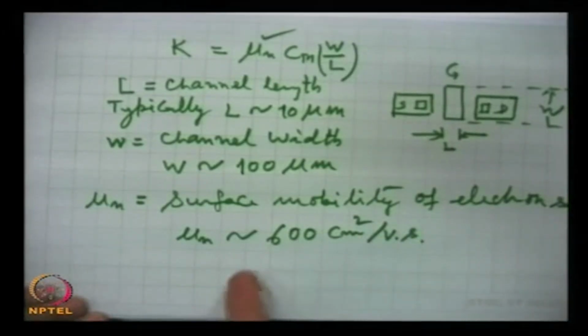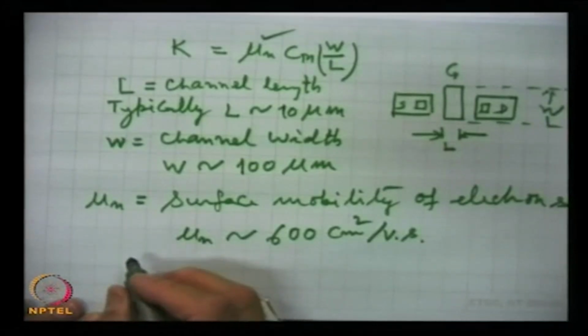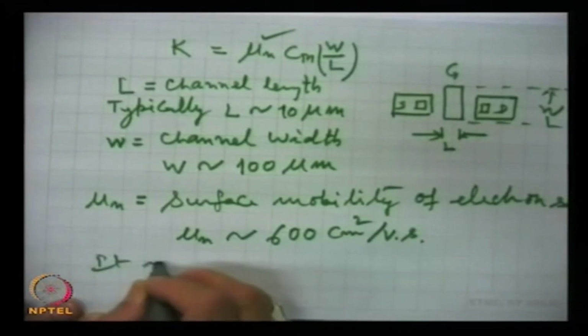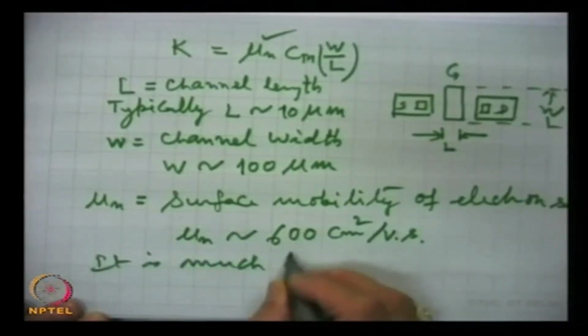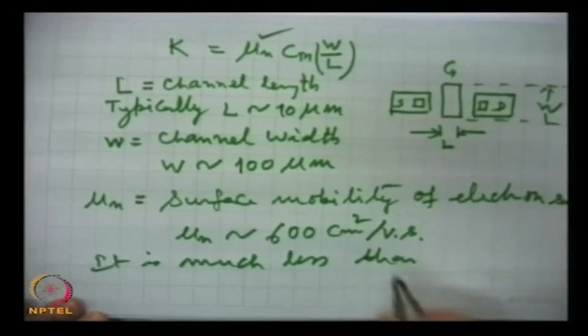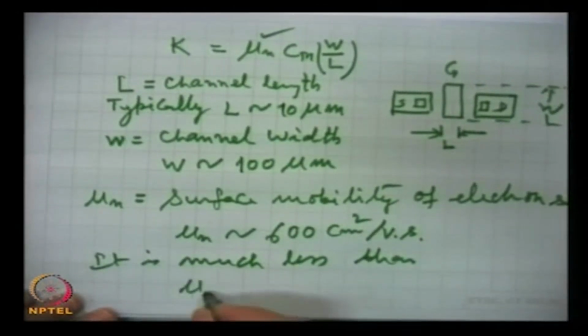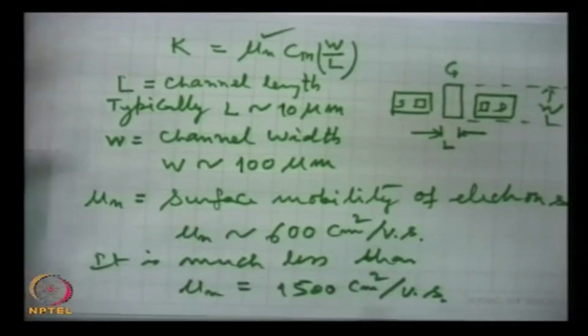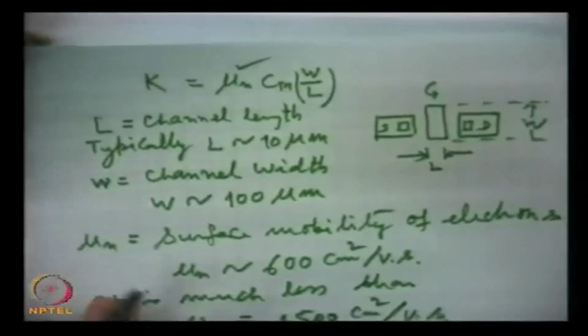If we compare this with the bulk value, it is much less than the bulk value of mu n, which is around 1500 centimeter square per volt second. The surface mobility of electrons is much reduced, and the reason is